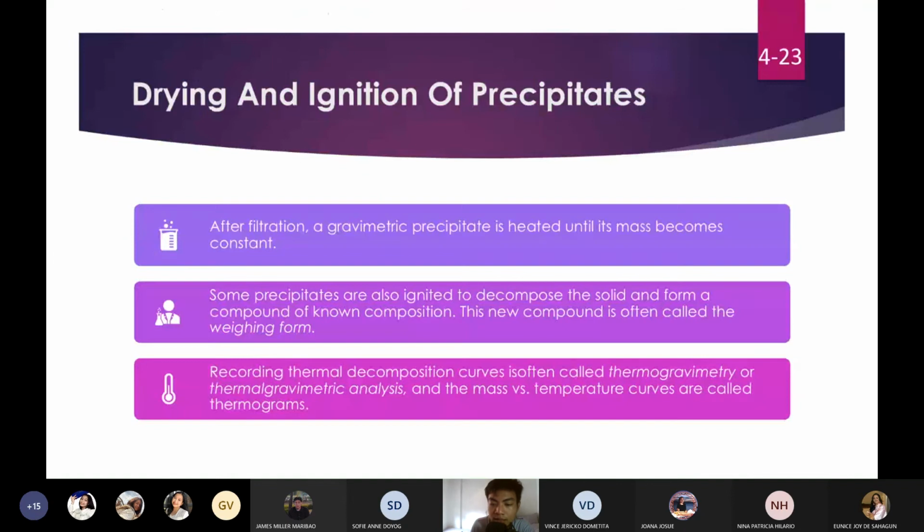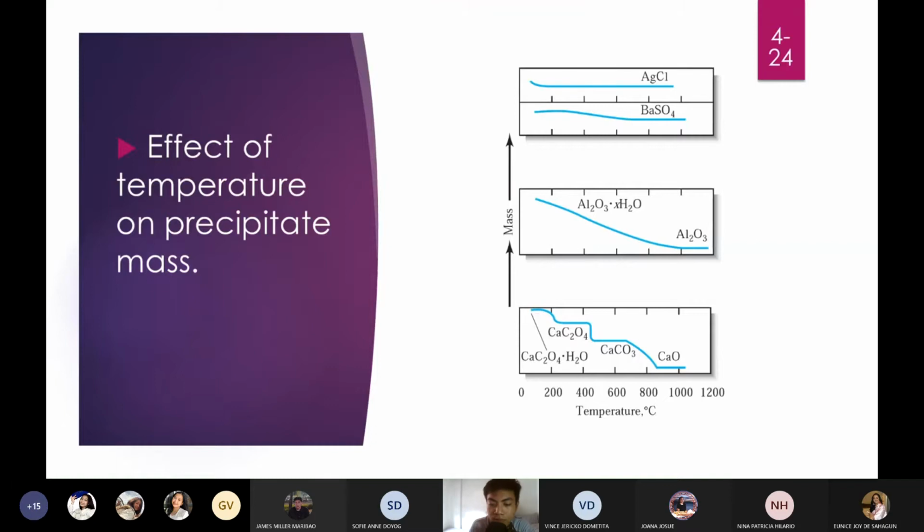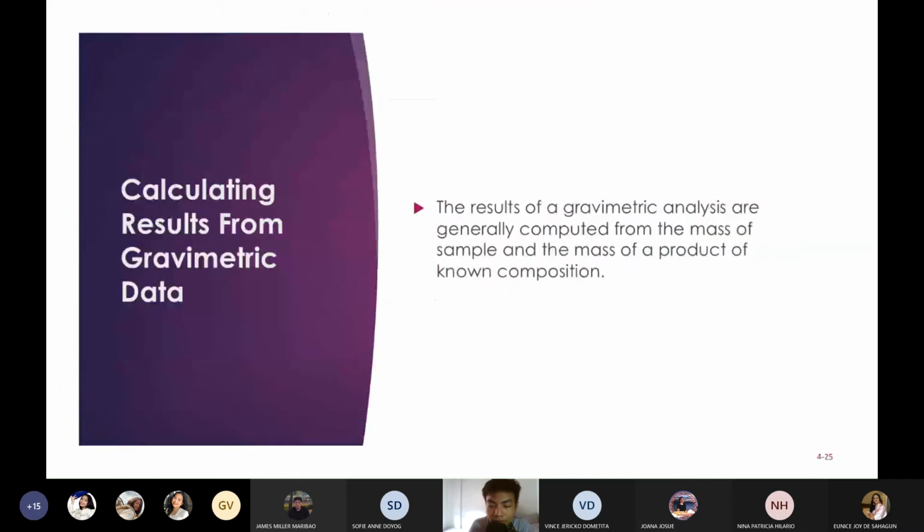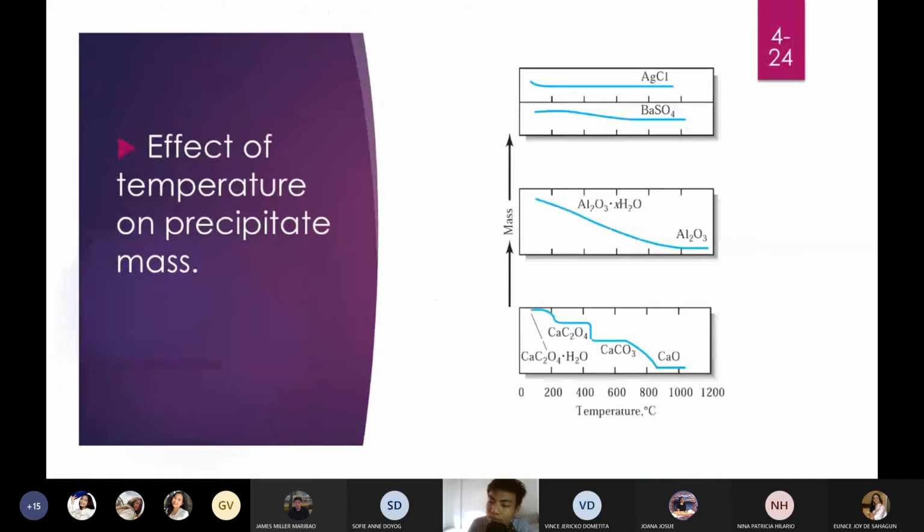Bakit natin kailangan i-dry or i-ignite yung precipitate? Number one is to remove other volatile substances. Para matanggal yung mga gases, such as water molecules, carbon dioxide, so that you will be left with pure precipitates na lang, okay? Itong process na 'to will take weeks or days. Okay? Then after nun, kunwari tapos mo na i-precipitate yung reaction mo, tapos mo na siya i-ignite